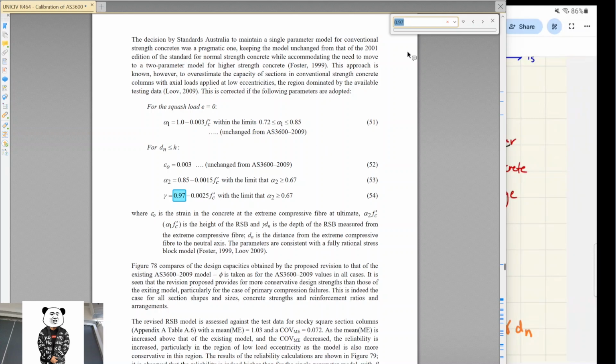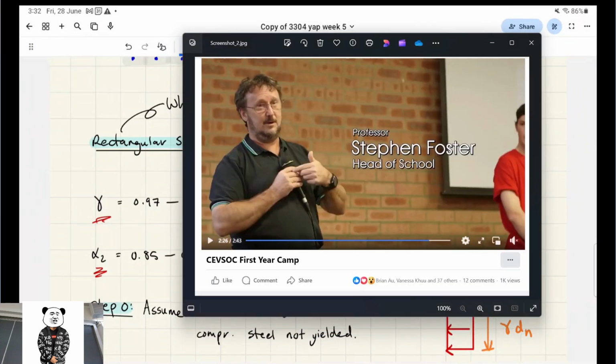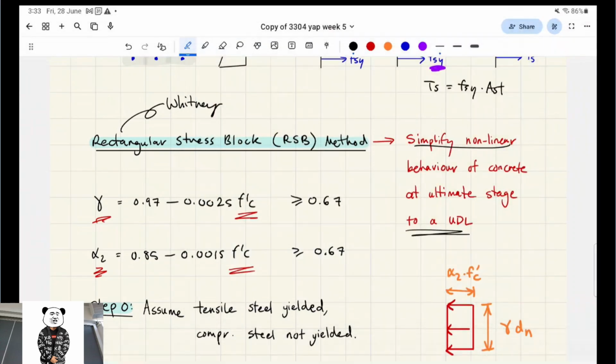Yep. But anyway, sorry. Anyway, I want to show you the picture as well. He was at first year camp in 2018. He was the head of school, but he's graduated onto bigger things now, Faculty of Engineering or something like that. Anyway,